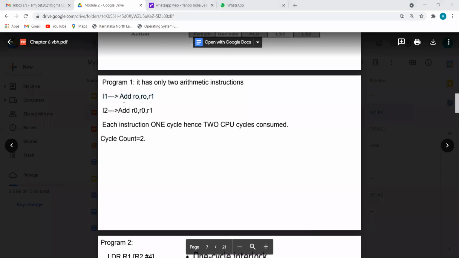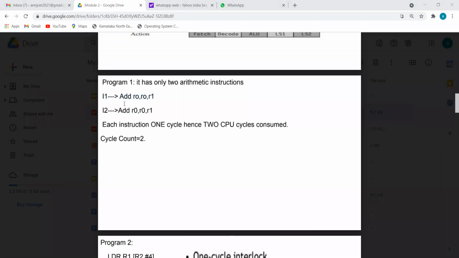This program you will not get in the examination. For your knowledge purpose I am telling. Anyone, do reply in the chat box if it is clear. So I'll take a little expanded program.